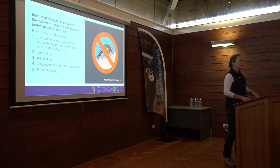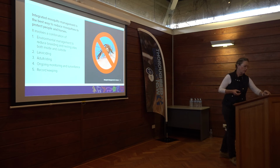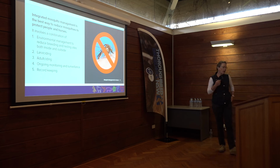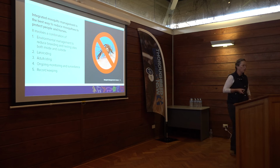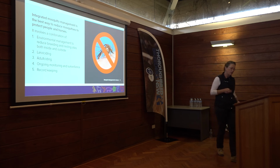Bearing in mind, there are a range of chemicals available, and I've only got 6 copies, I'm afraid, of the actual document, but it is available on the Farm Biosecurity website just under mosquito management for horses, and it has all the details of all the chemicals that are registered for use in particular circumstances on both the property and on the animals themselves. So larviciding, adulticiding,